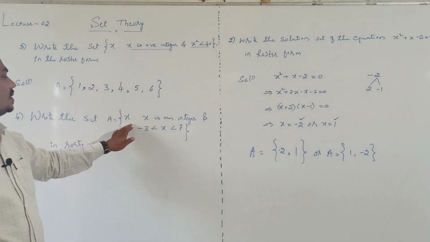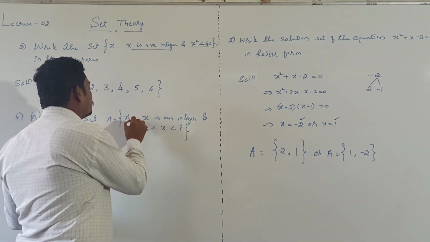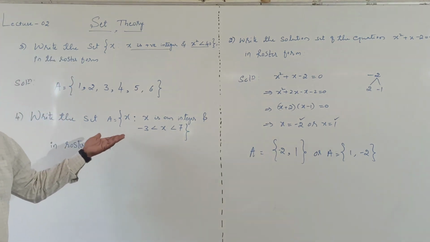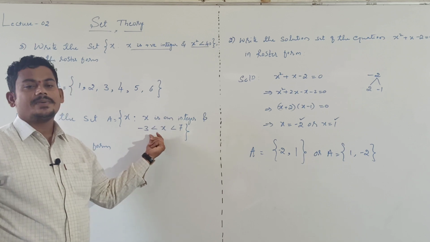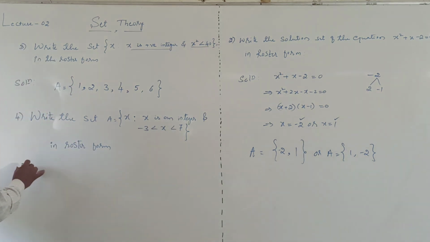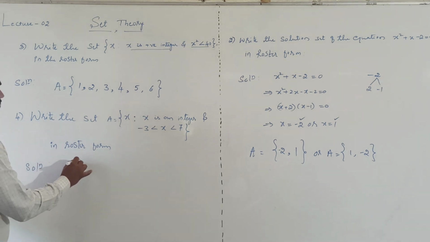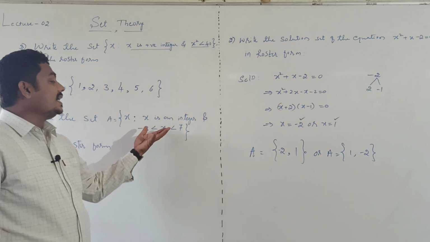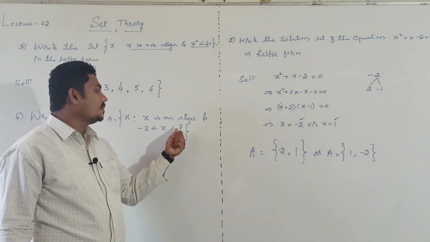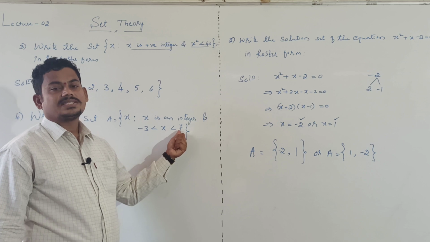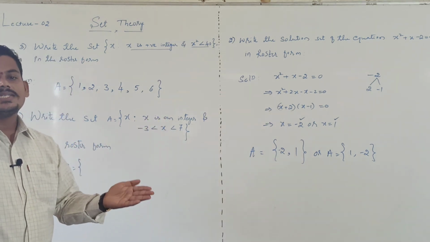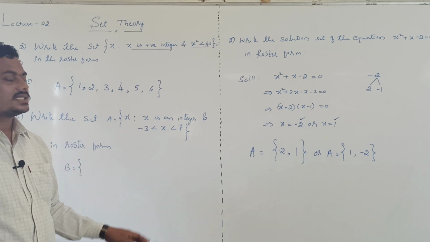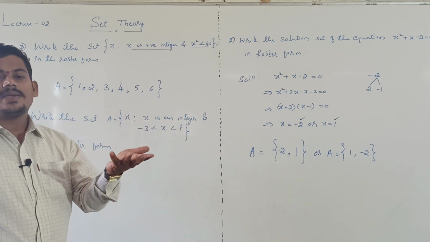Write the set A is equal to x such that, clearly it is set builder form. Common properties are given. X should be an integer and it is in between -3 and 7. You can take it as A or B. Write all the integers in between -3 and +7. It should be an integer, means negative values are possible. Positive integer means purely positive numbers. Here only integer means it may be positive or negative.